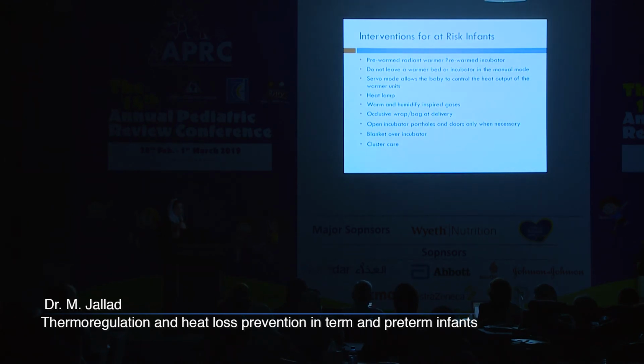There is specific intervention for at-risk infants. As we said, we have to always have pre-warmed incubators and warmers. Make sure after you've done all the procedures required on the warmer to transfer the baby to the pre-warmed incubator and turn the humidity on. Do not leave the warmer bed open. Always use an open transfer, whether from the delivery room or to the NICU or nursery or to the operating